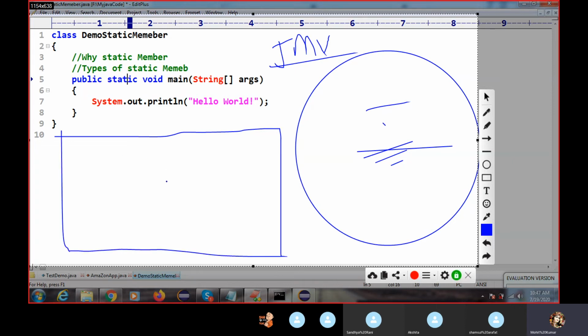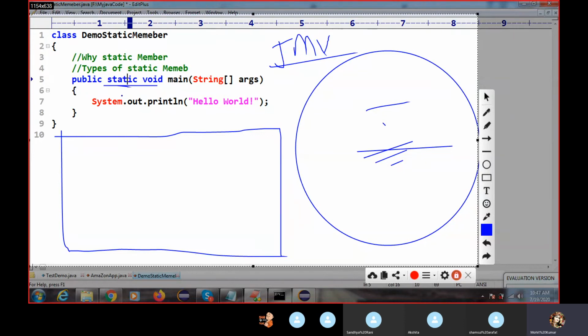When you have the JDK, inside the JDK you have the JVM and JRE. The JVM is a type of software, and inside the JVM we have how the memory is going to be stored. By default, static memory is provided by the JVM. You should not create any external memory.